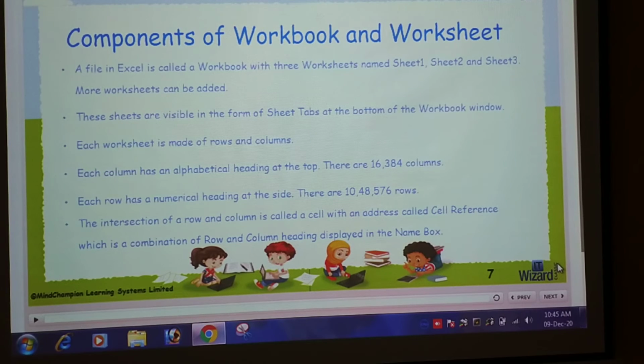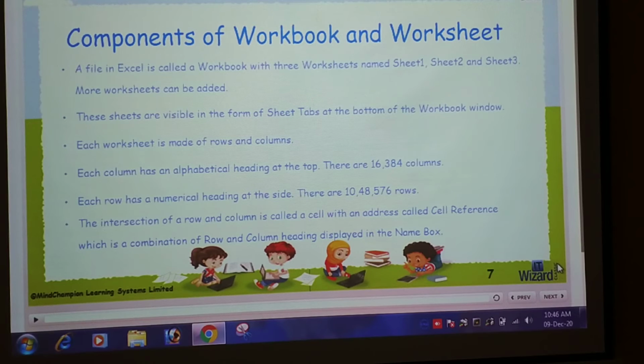Each column has an alphabetical heading at the top. Microsoft Excel has 16,384 columns and 10,48,576 rows.